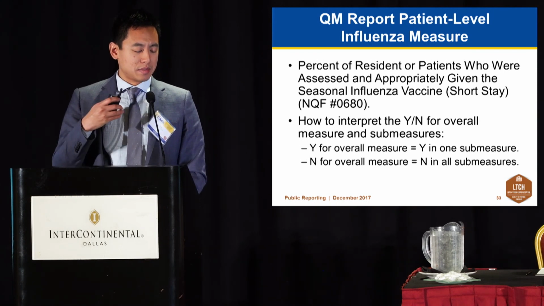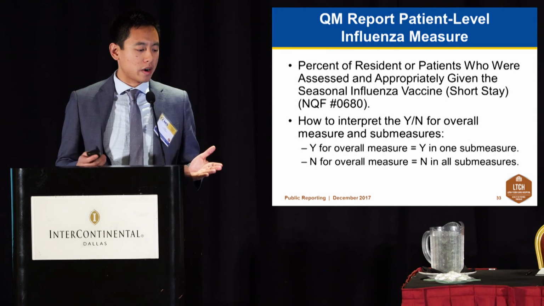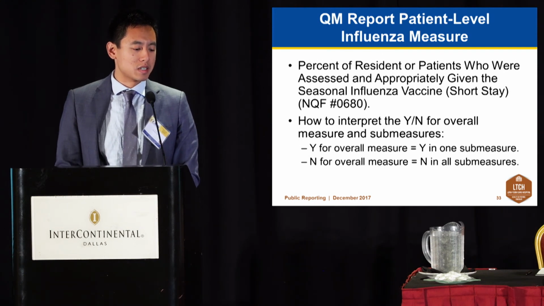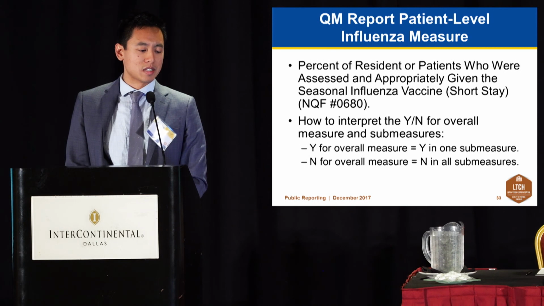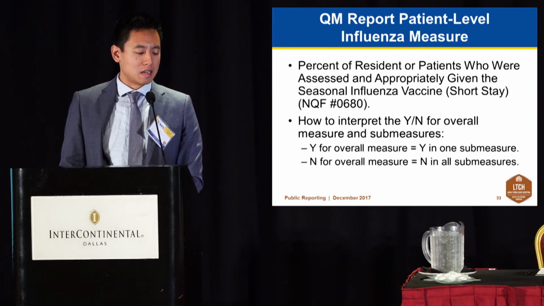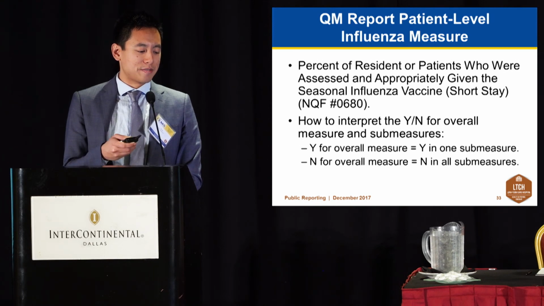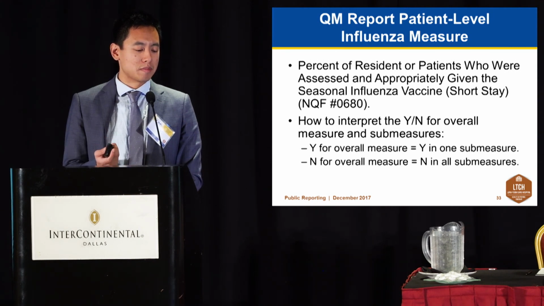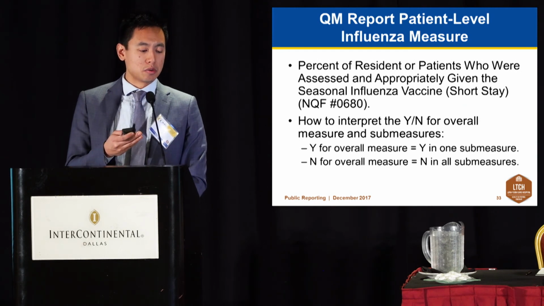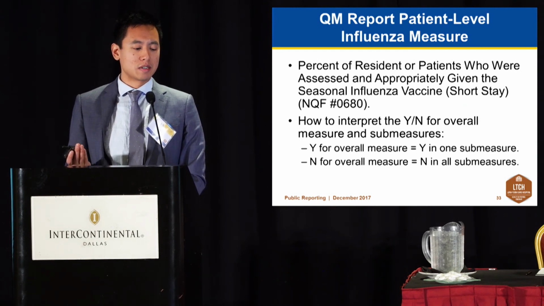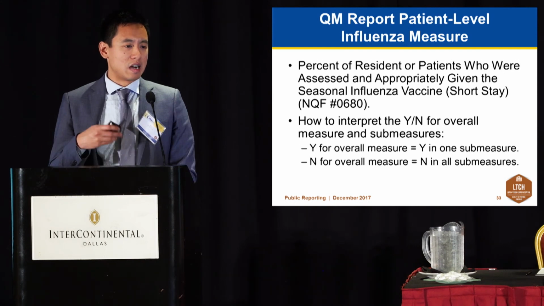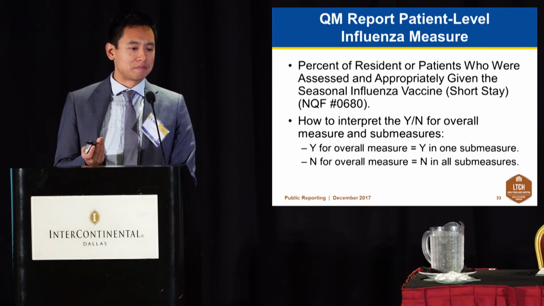There's a special case table where the percent of residents or patients who were assessed appropriately given the seasonal influenza vaccine is a little different. How to interpret that is it's a yes or no for the overall measure and the submeasures. A yes for the overall measure equals yes in one of the submeasures, and no for the overall measure equals no in all submeasures. Because to be included in the numerator for the patient influenza vaccination measure, only one of the submeasures needs to be